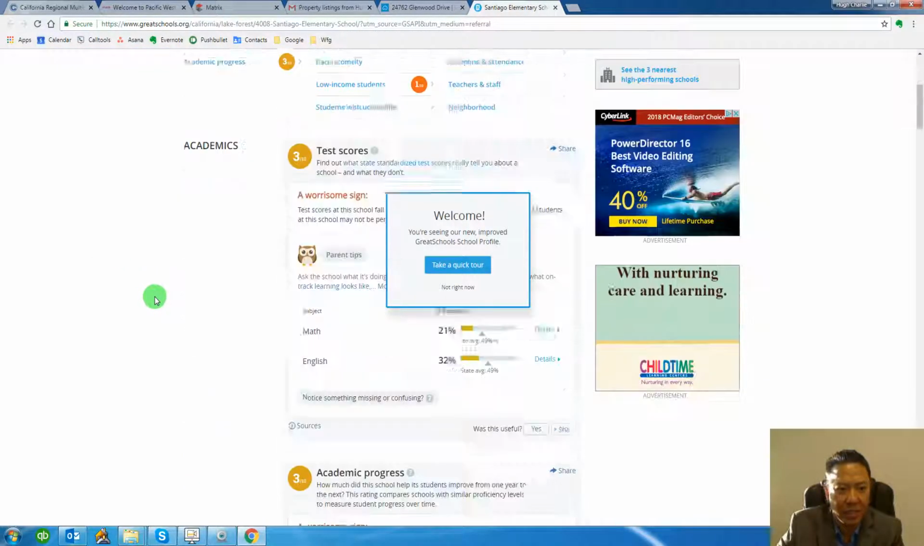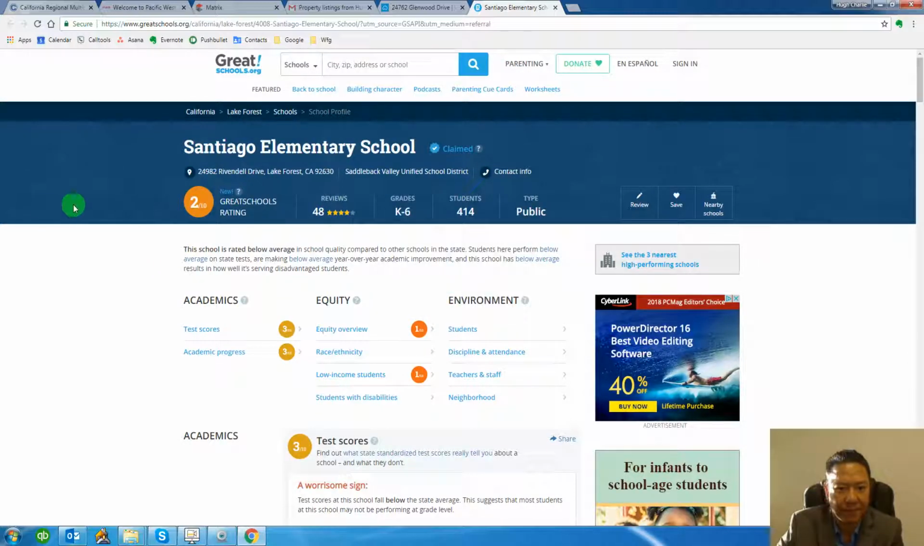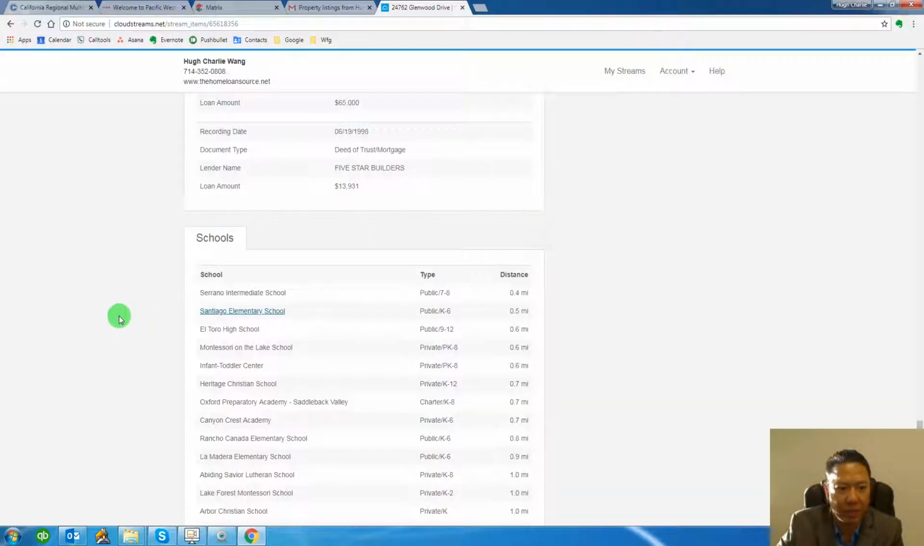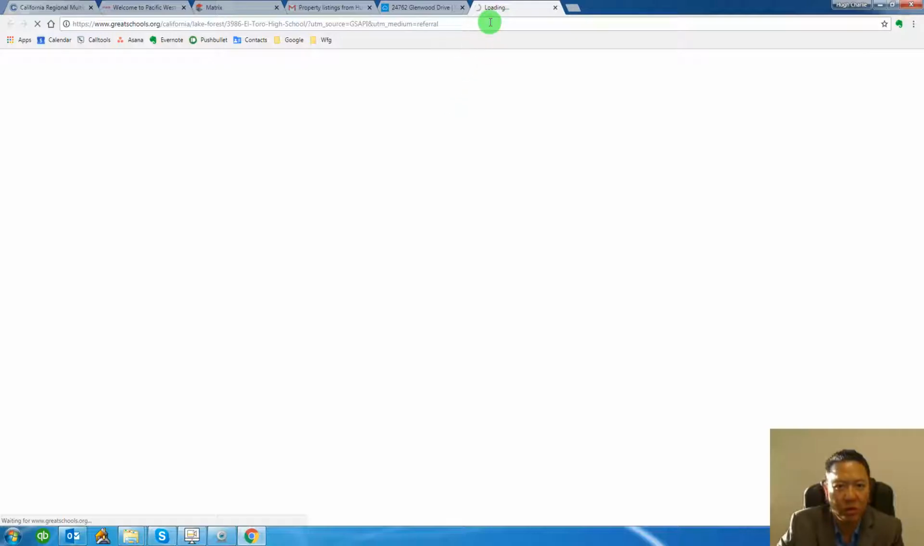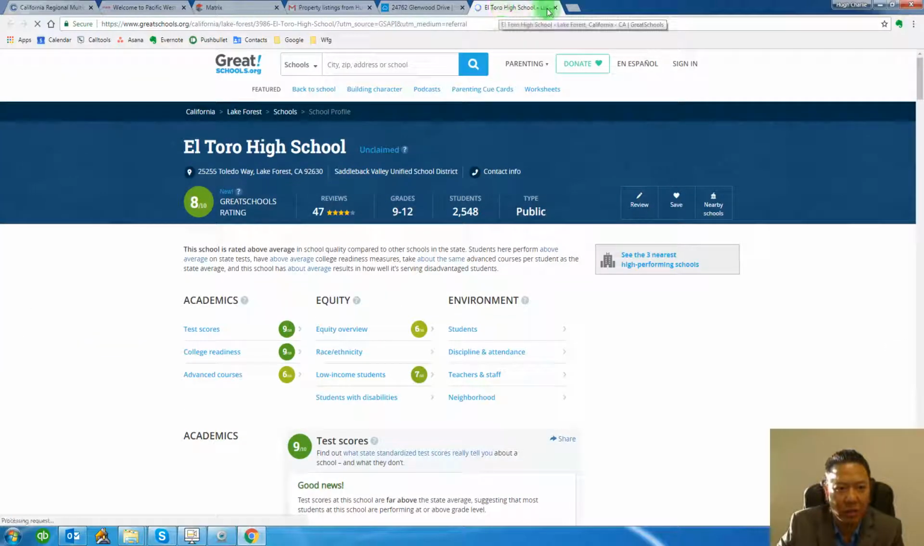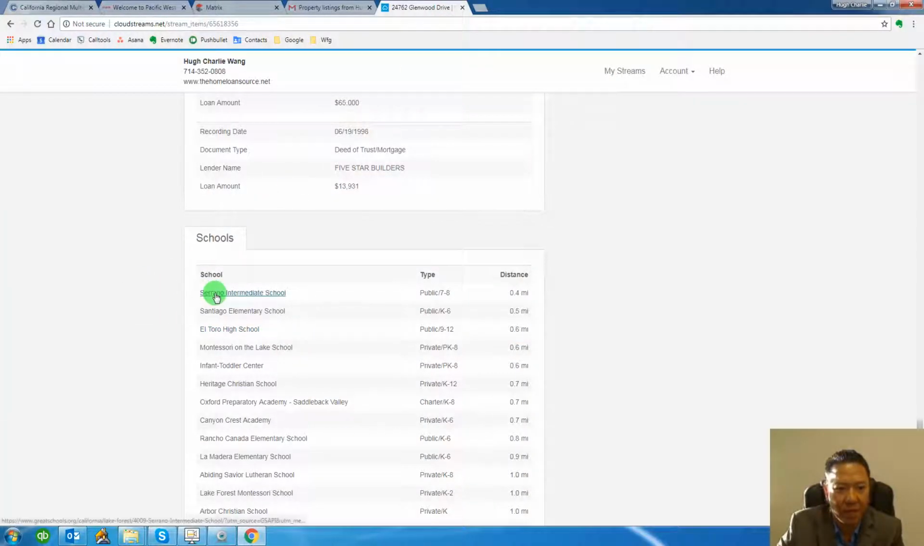So you can kind of see where it's at. And then elementary, Serrano, and then El Toro is the high school. So these are the rankings. So these ones all have good middle school. So this is 7, 8. This is K through 6, and then these are other schools